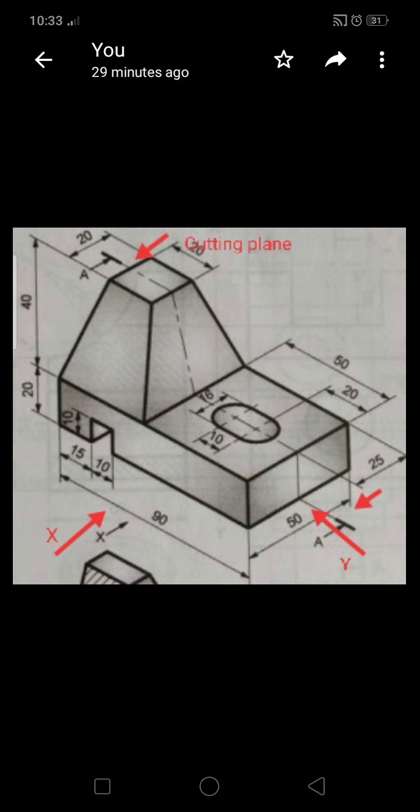What exactly is meant by a section view? Simple thing is, just take a hacksaw like you have used in the workshop. Just imaginarily start cutting the object along the section A. So what will happen here? The slot portion plus the semicircular and slot portion will not be cut by the hacksaw because it is not a solid portion, obviously. How to represent that portion, we will see here.